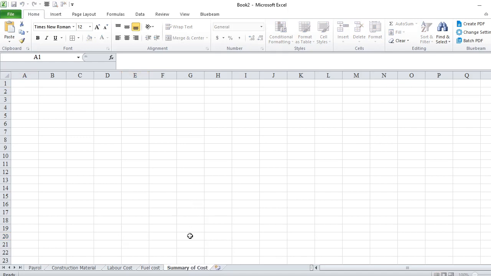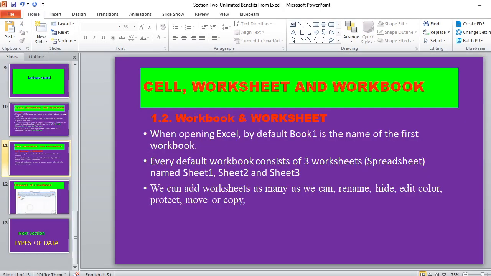So you can make yourself whatever you like, and you can increase as much as you can, simply by clicking this button, or as I show you the other method.